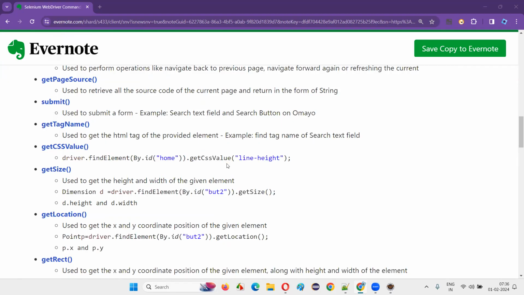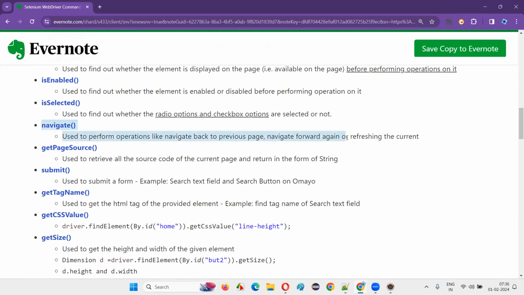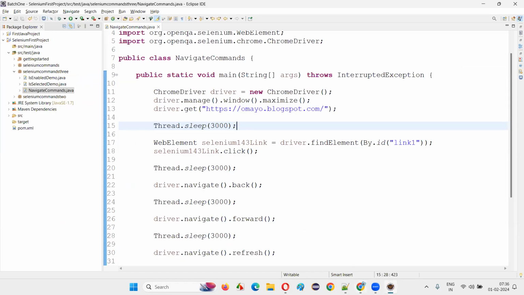So these are a good type of commands, guys, and there are a few other commands that I have to demonstrate for sure. Few commands I'll ignore, few commands I'll explain. So getPageSource I'll explain. Okay, so this is needed sometimes. So what I'll do here is